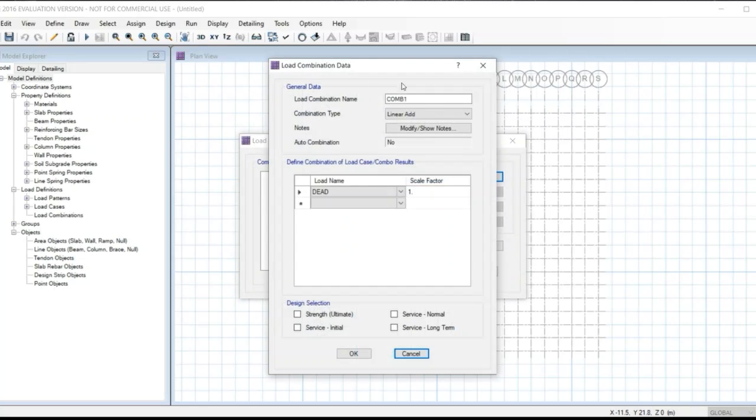Here we have to add the new combination, for the dead load scale factor 1.5. Similarly for the live load the scale factor is 1.5. And in design section, click on the strength, click on OK. Again add the second combo.